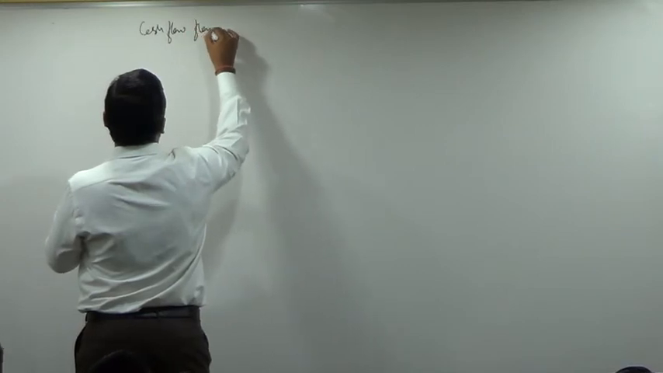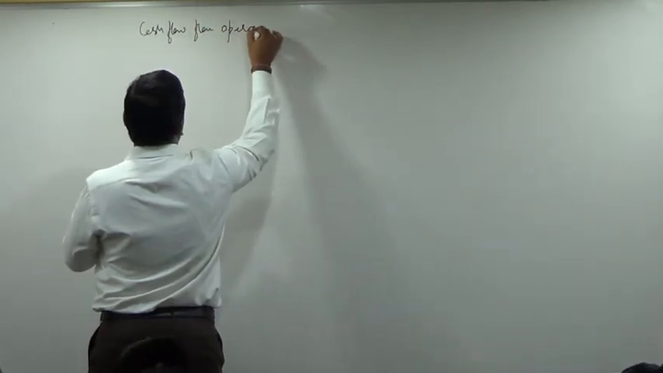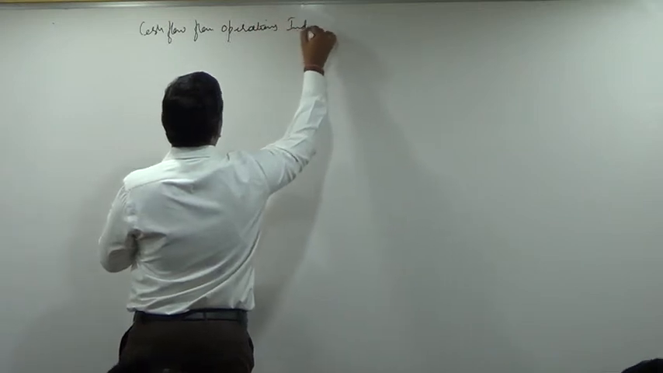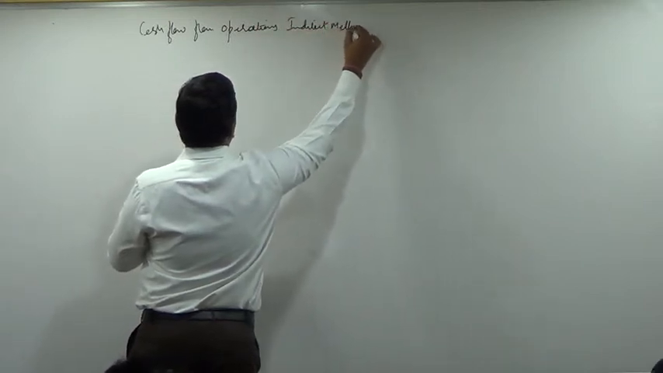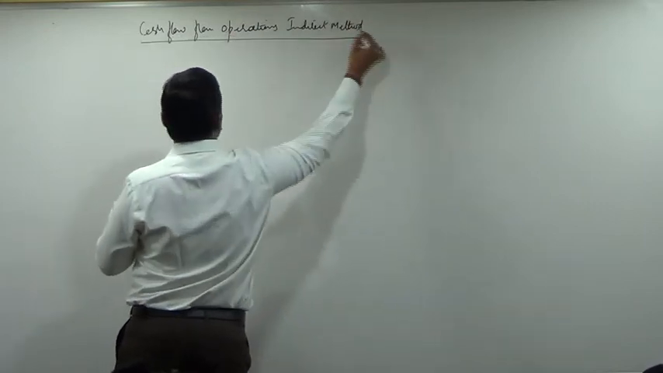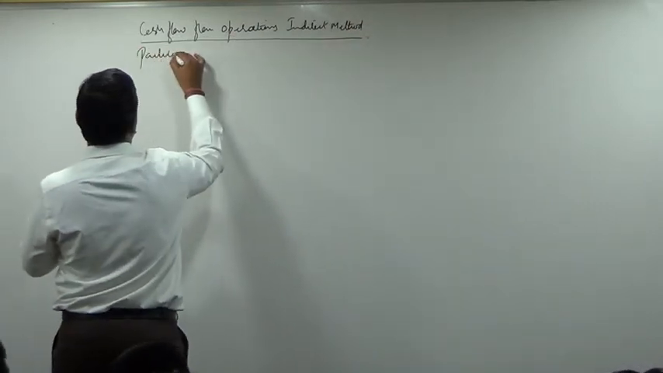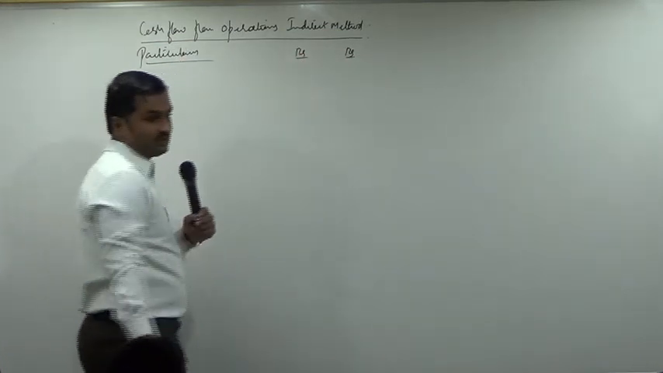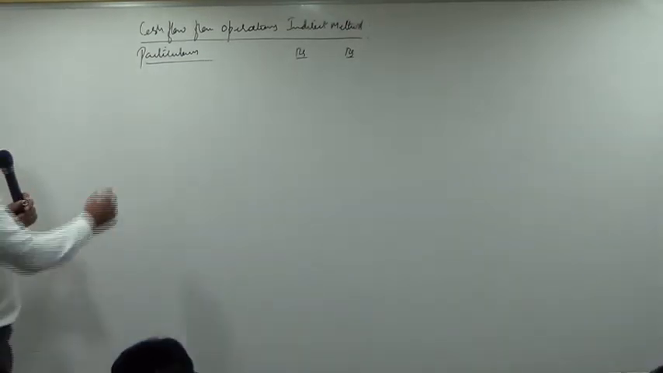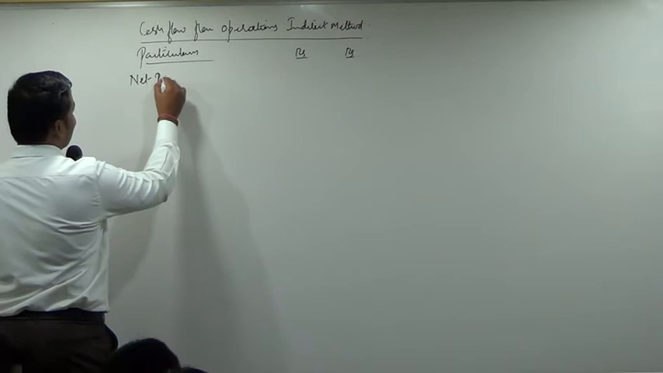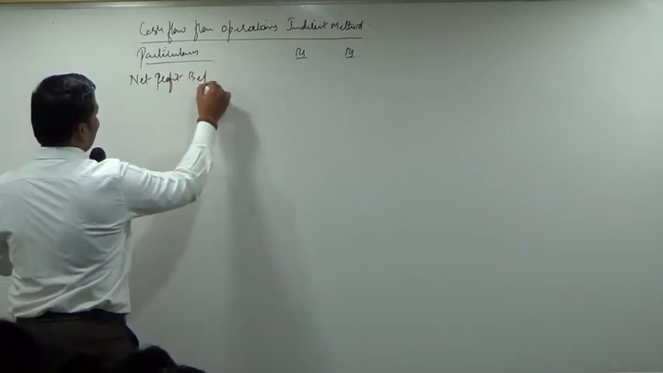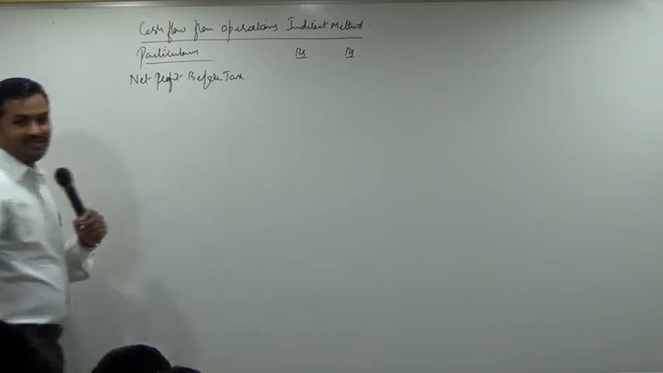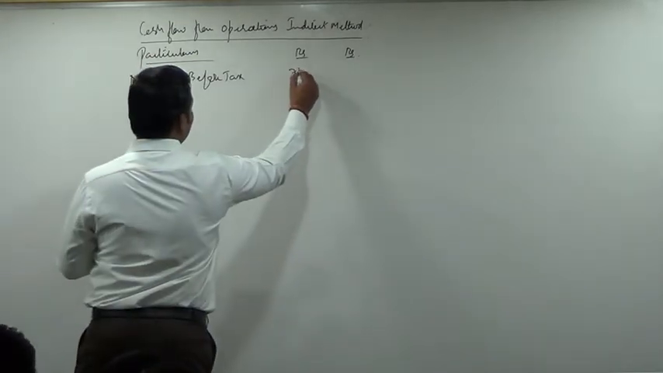Cash flow from operations, indirect method. Particulars, rupees and rupees. Fantastic, Badal. Net profit before tax. How much amount? Whatever you will say, right? How much? 710 lakhs. Okay, very good. 710. After that,